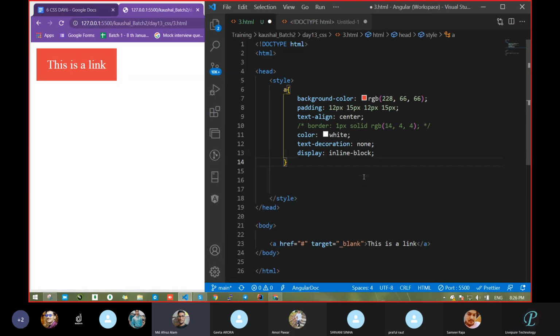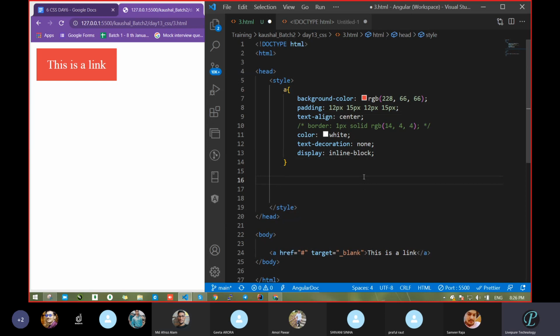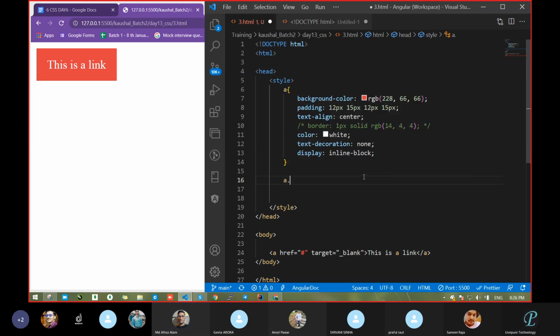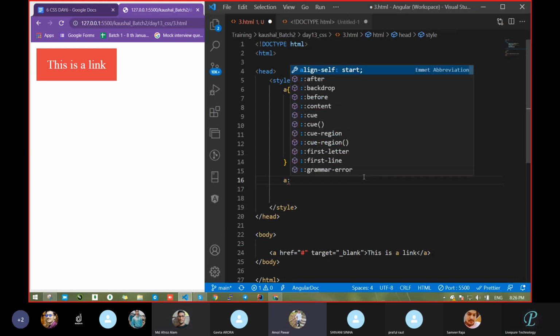After the semicolon, after the curly bracket, sir. Okay, how will you write it? A and colon, then hover, and curly bracket open and background color.